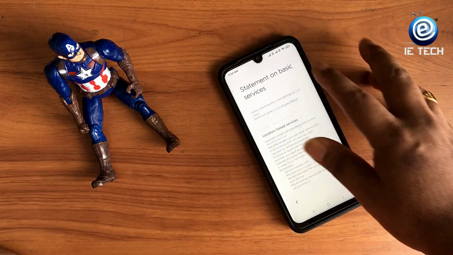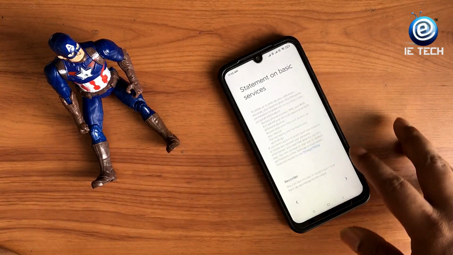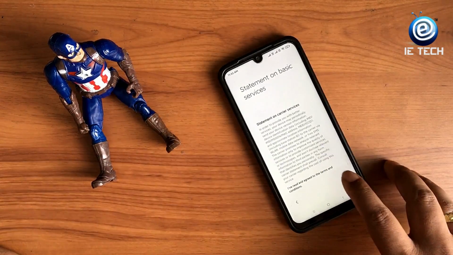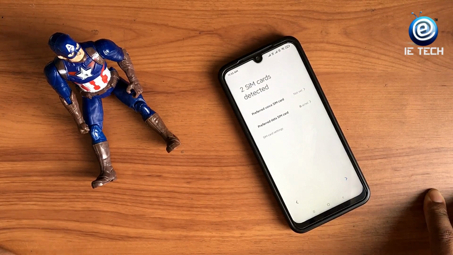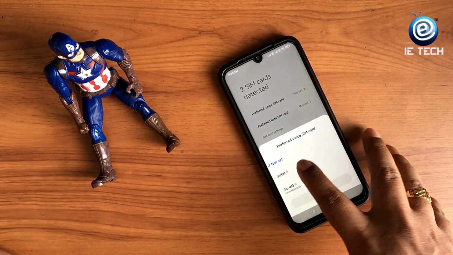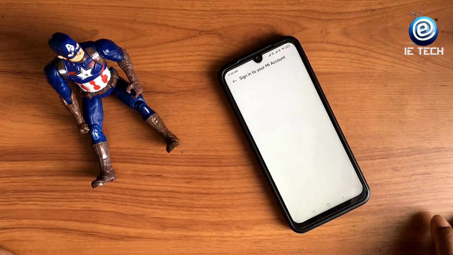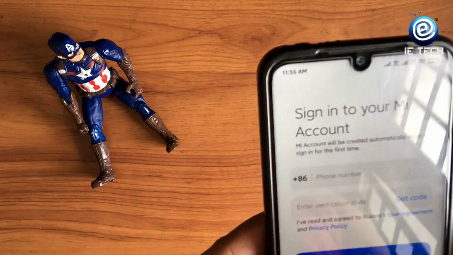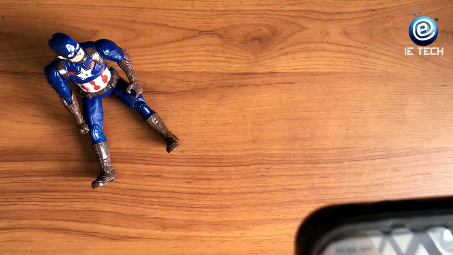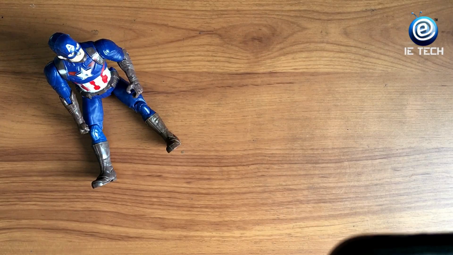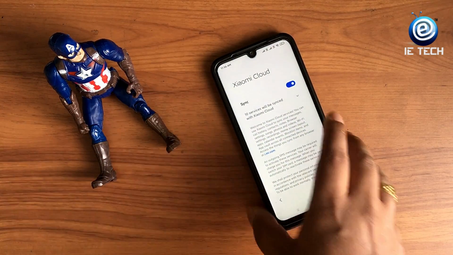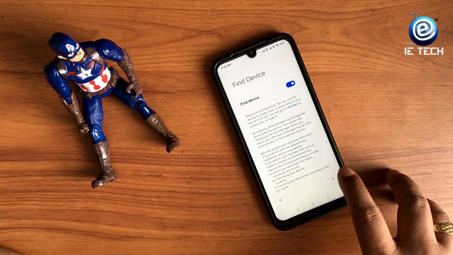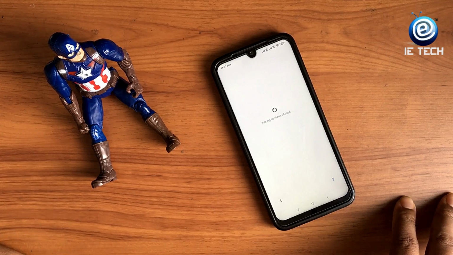So just to give an overview, we'll give the details in the later part of the video. And this is basically my dual SIM. I will activate my Airtel. Okay, it's asking for signing into Mi account, so let me sign into my Mi account. Okay, so I have now added my Mi account. You can enable or disable sync, it's as per your choice. I will be enabling it for a while. So let's get to the next section.